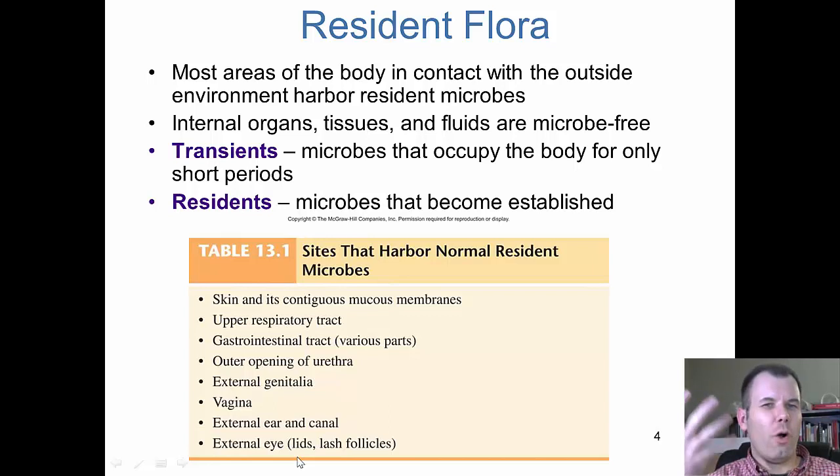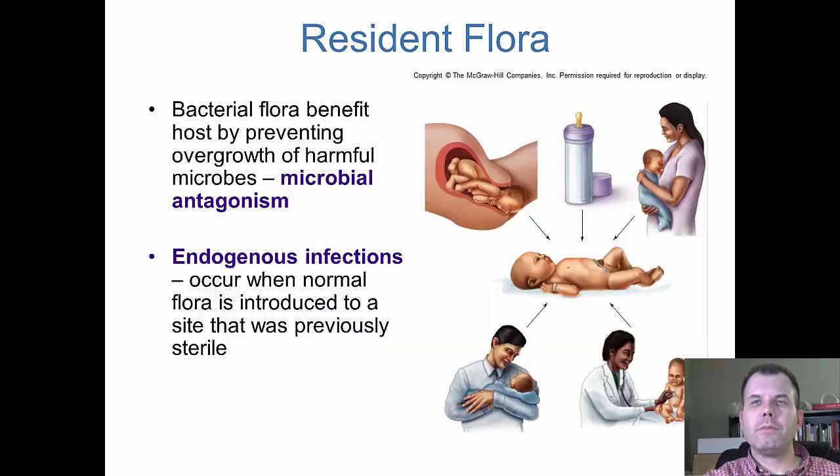So think of any opening to the outside world, you're definitely going to have microbes growing there. Okay? All right, so bacterial flora benefit the host by preventing overgrowth, and we call this microbial antagonism. I brought this up before, filling space. It's the idea that if you get too many microbes in one place, they fill the space, and then you don't have any problems there. The other type, like I said, is endogenous infections, which occur when the normal flora gets